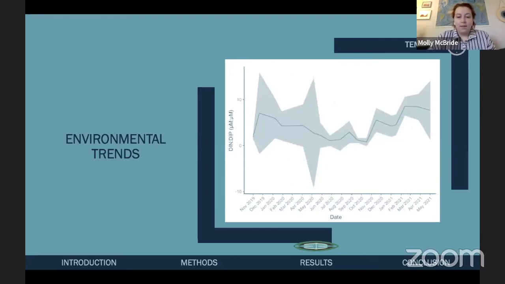Next, into temporal trends. Over time, we saw that the nitrogen to phosphorus ratio stayed generally below 10, which tells us that the system is consistently nitrogen limited, because the necessary amount for phytoplankton to thrive is 16:1. So this is important for the implications of what kind of organisms can survive there with that